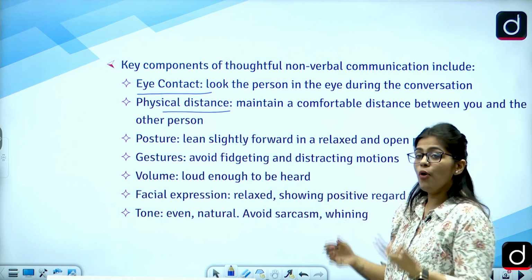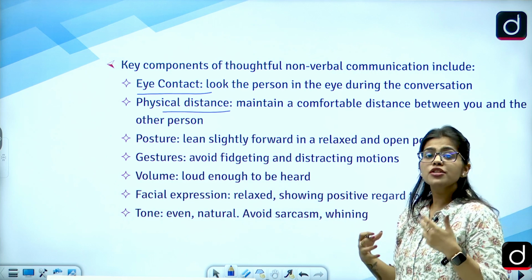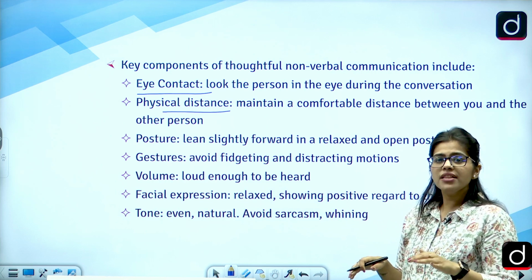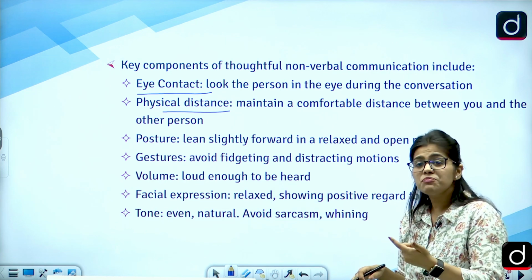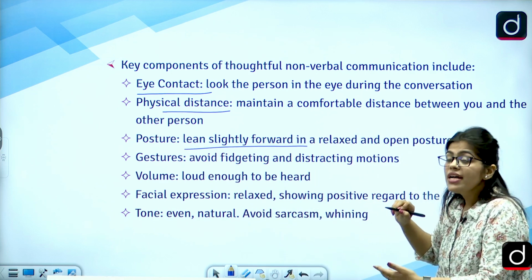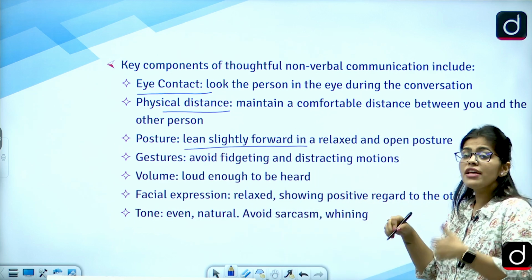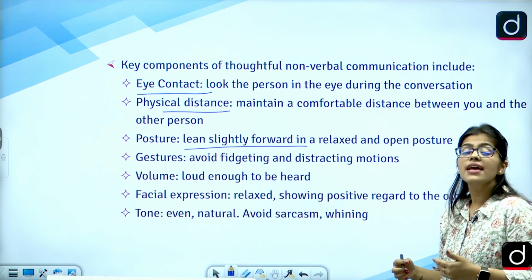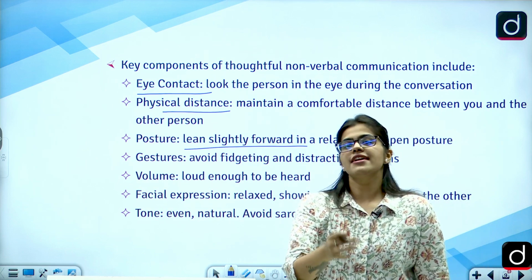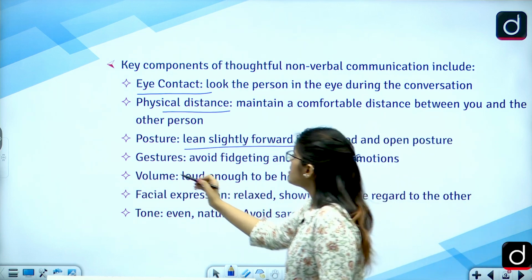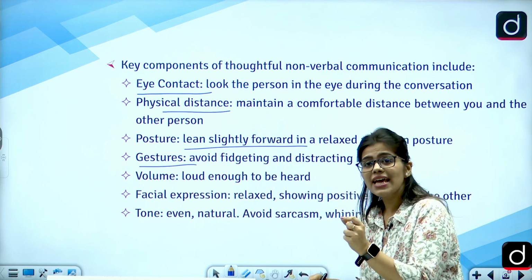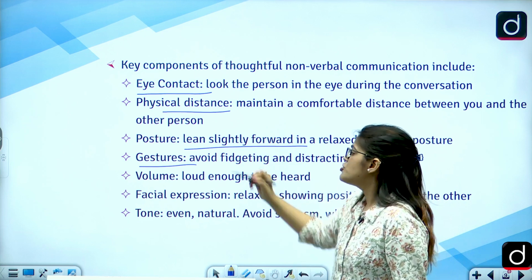Then we have your posture. What kind of a person you are is illustrated by the posture you are keeping. If you are slouching in the class, the teacher would come to know that this person is not attentive in the class. If you are leaning forward, this means that you want to say something. Or if you have a straight back in the class, it shows that you are very attentive. Then gestures. Your gestures also are very important. What you are trying to say is often depicted by the gestures.